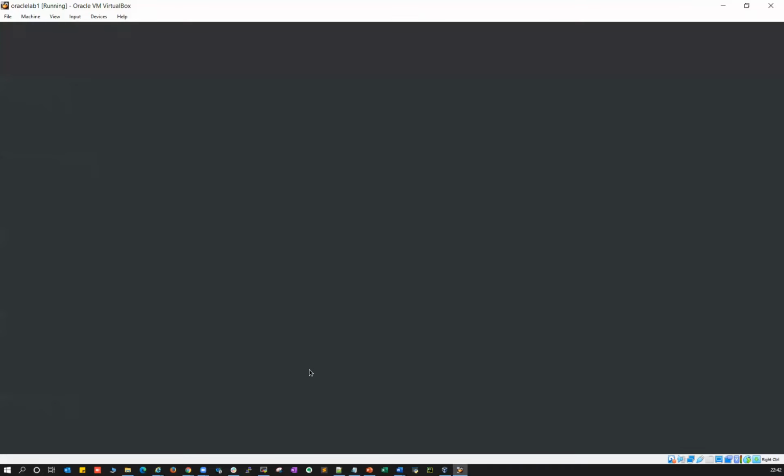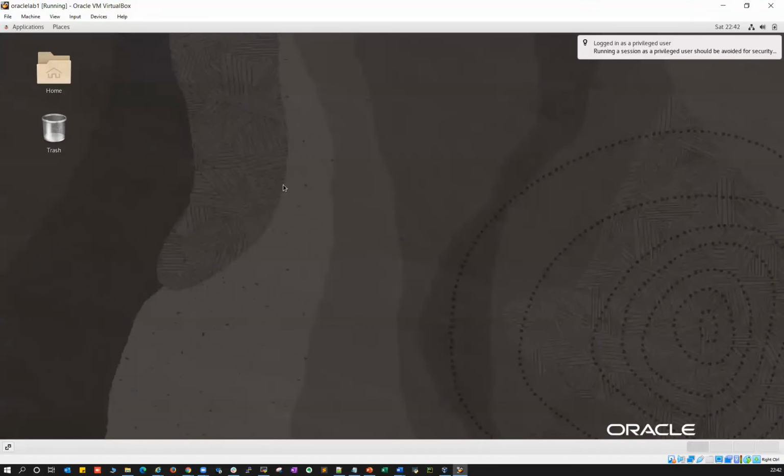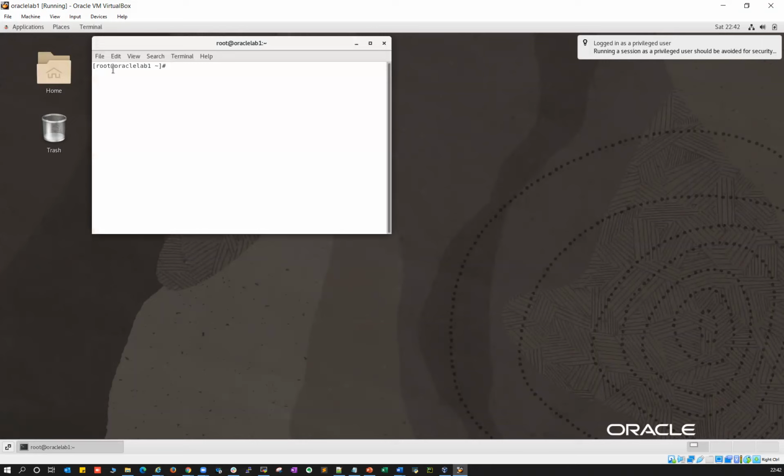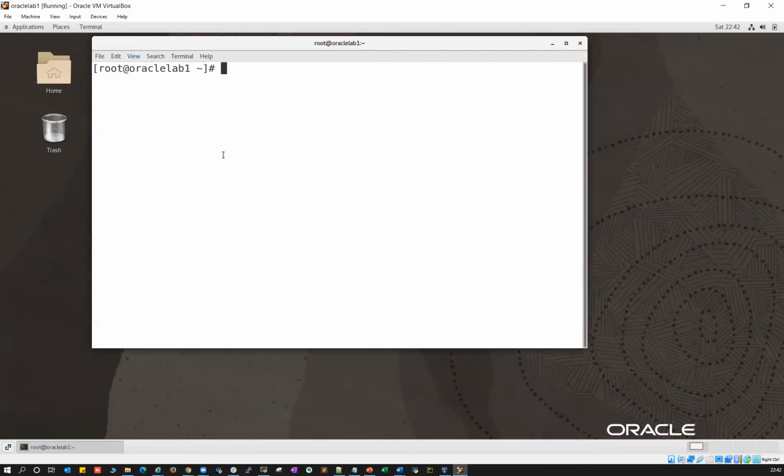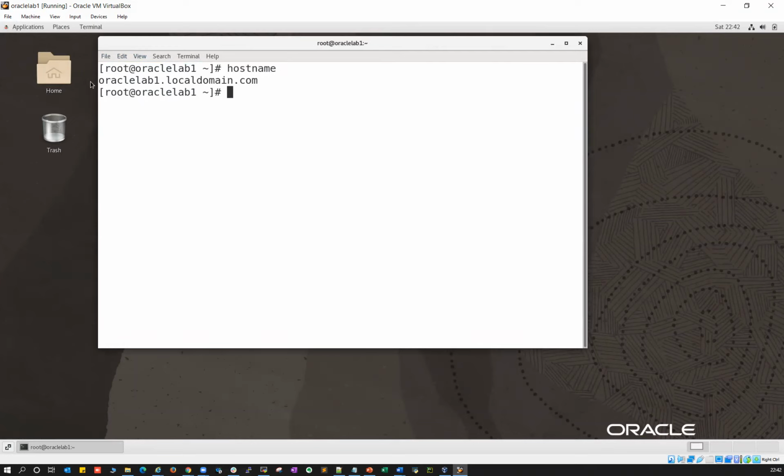All right, so I just connected here on my VM. This is my Oracle Lab 1. So I'll just open a terminal, just make it zoom, view, zoom in. Okay, so this is my host name. So this is my Oracle